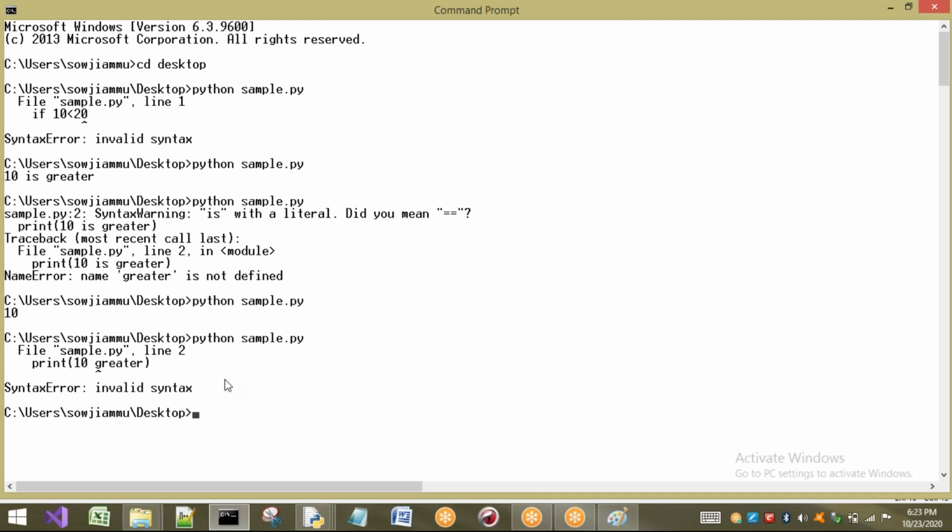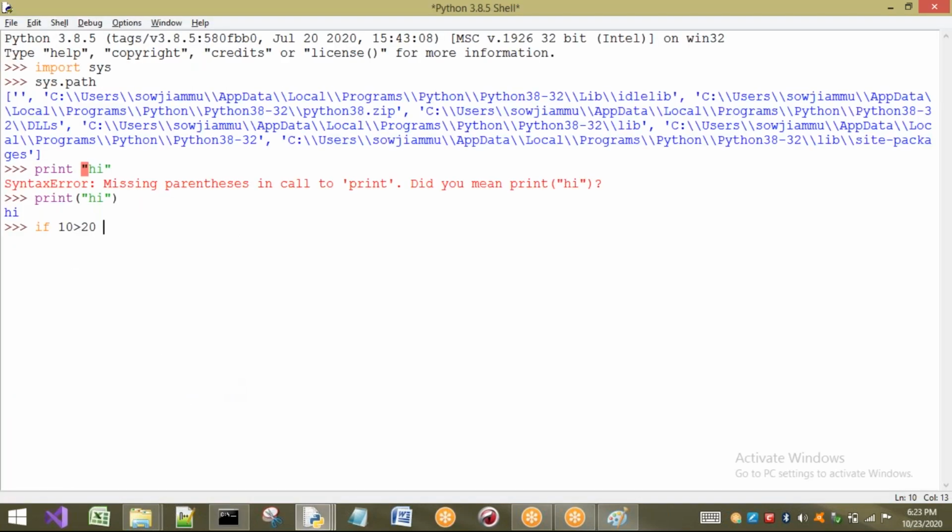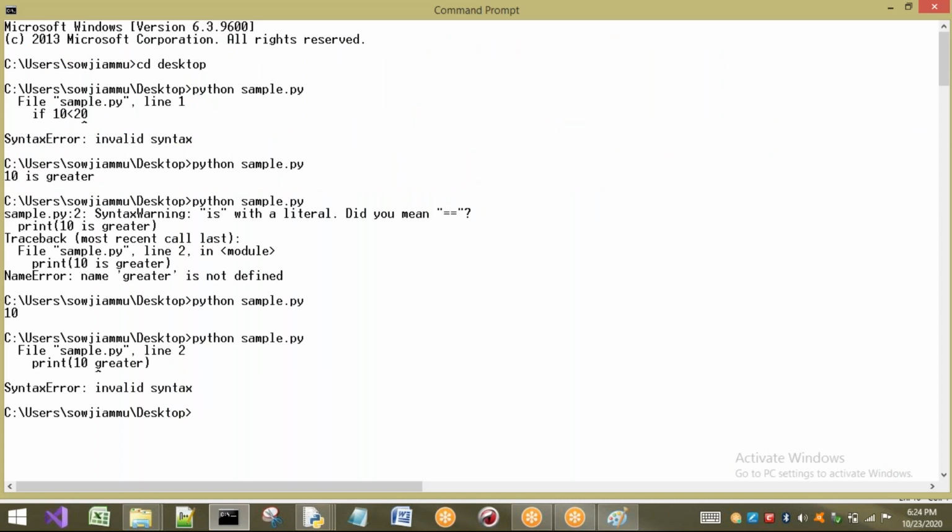Okay. This is the concept of a syntax error. That means some syntaxes are already written and already known by your Python virtual machine. If you do not write according to that, your Python virtual machine is going to give you a syntax error. So if there is any syntax error, who is responsible? Who has to rectify that? Who has to modify it to get a correct output? It is the task of the programmer.